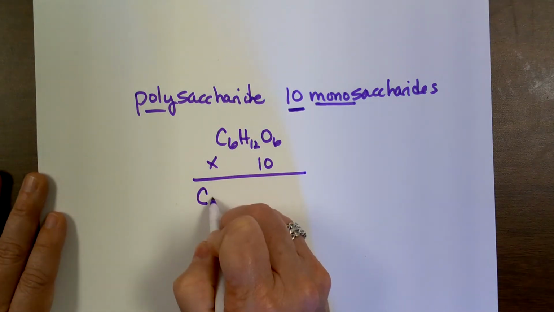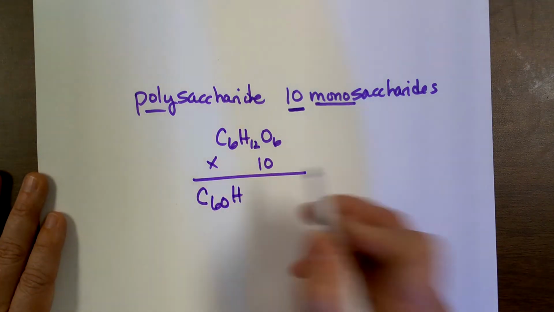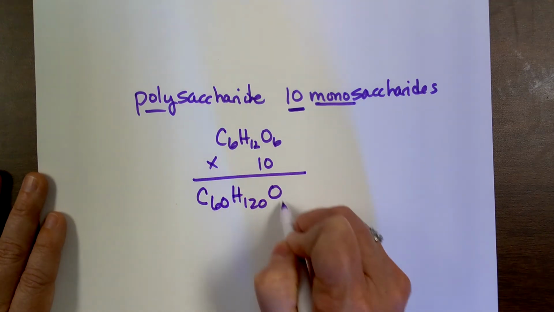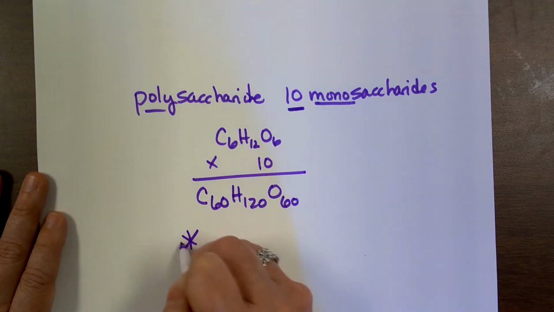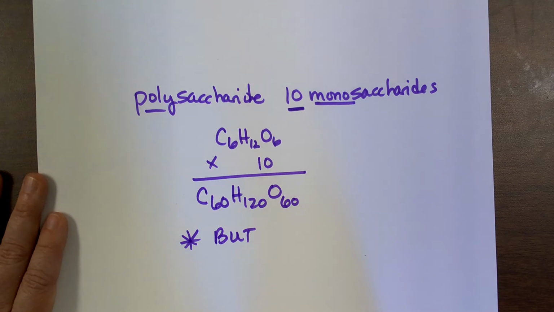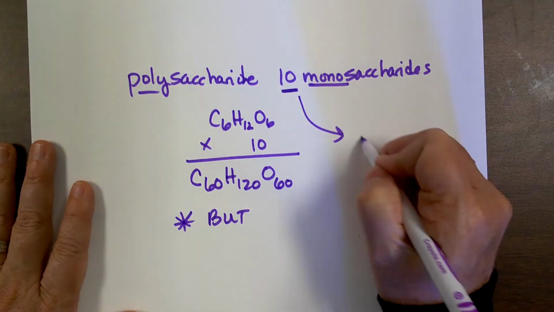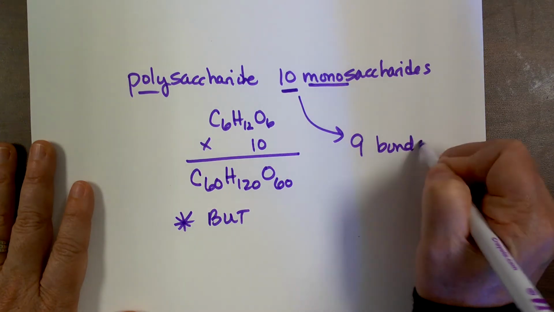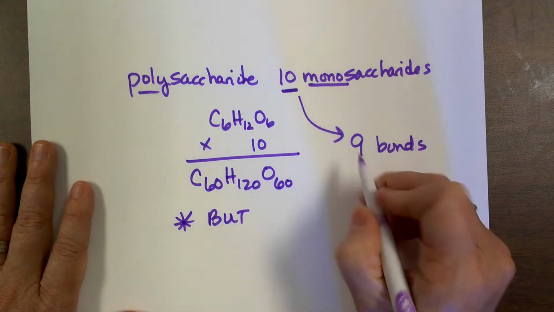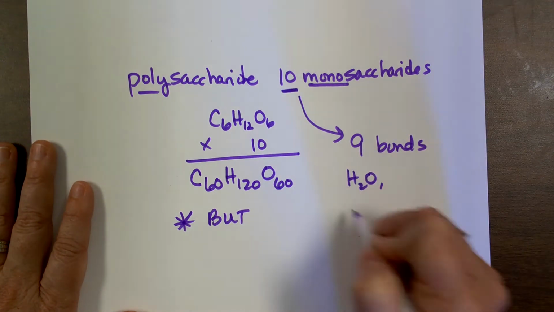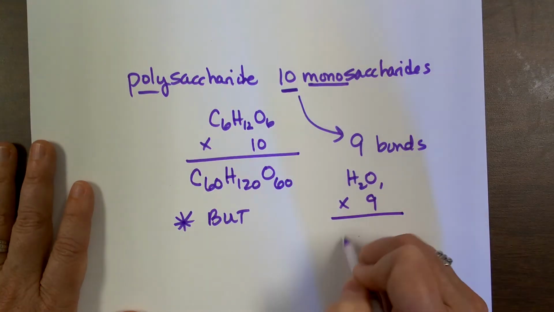So that should be a C60H120O60. But we have to account for the water that gets lost. If there's 10 monomers, that means there's 9 bonds, and every bond is a water. So we have to do 1 water times 9, which is